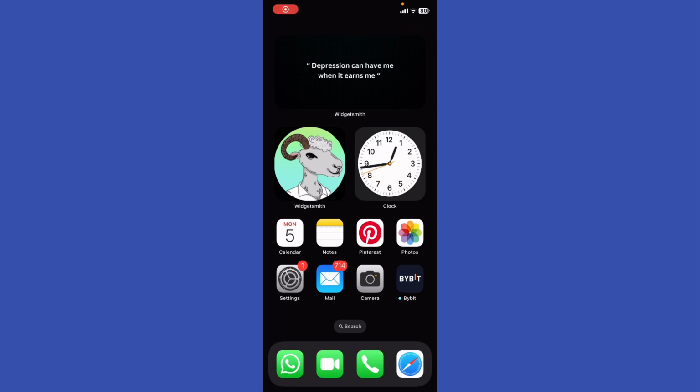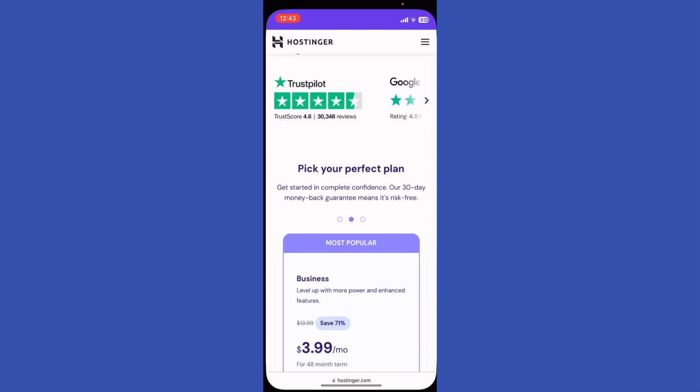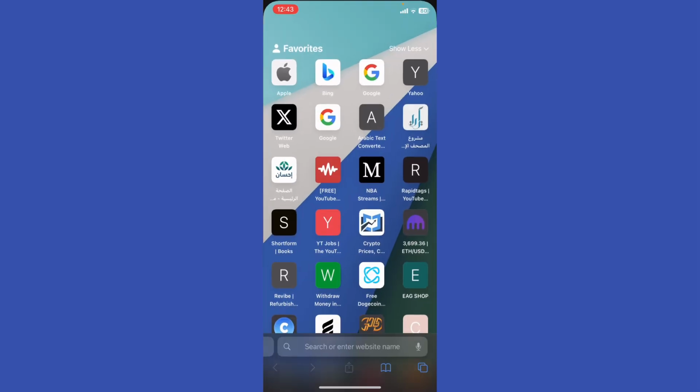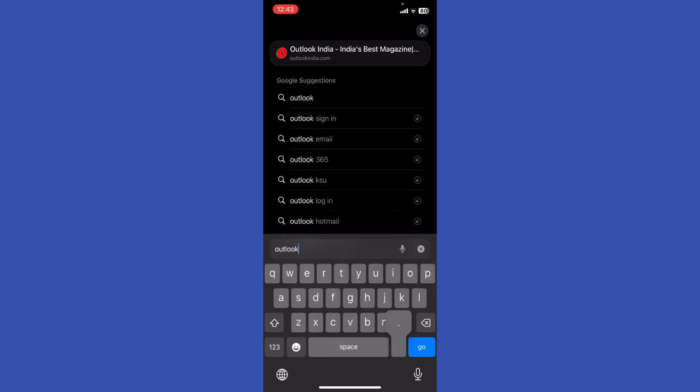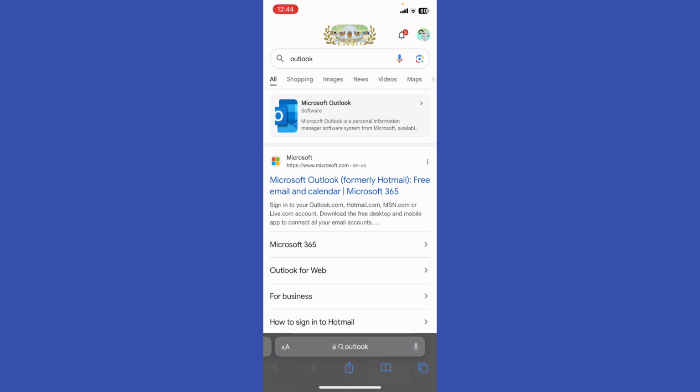How to use Hostinger affiliate email in Outlook. So to use Hostinger affiliate email in Outlook, what you're gonna do, just go ahead and open Outlook. So I'm gonna just open up a new tab and then just type right here Outlook, right? And then basically, go ahead and add a new account and type your Hostinger affiliate email address and then click